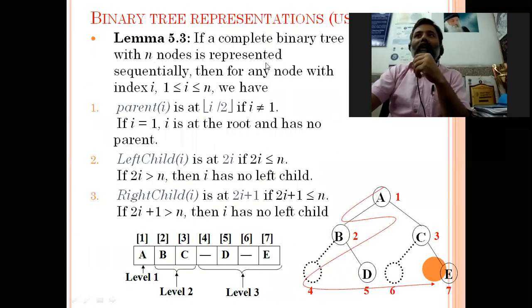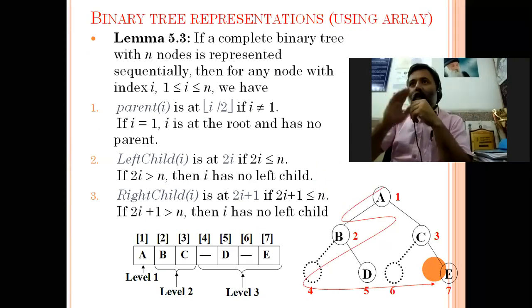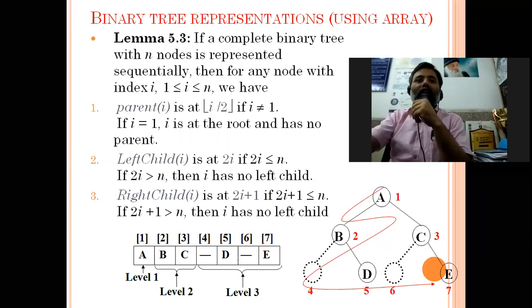Now we can represent a binary tree by arrays also, and it is very efficient if our tree is a complete binary tree or nearly complete binary tree. Complete binary tree means all nodes have their maximum children, that is two children. So there will not be empty entries, and hence the memory will be utilized. So an array can be used for implementation. Suppose we have taken this array, and suppose this is the binary tree.